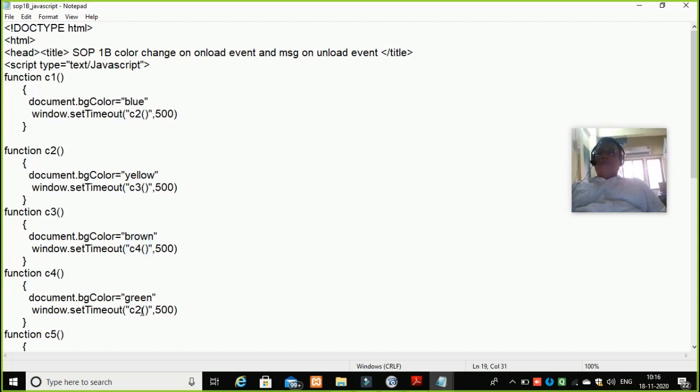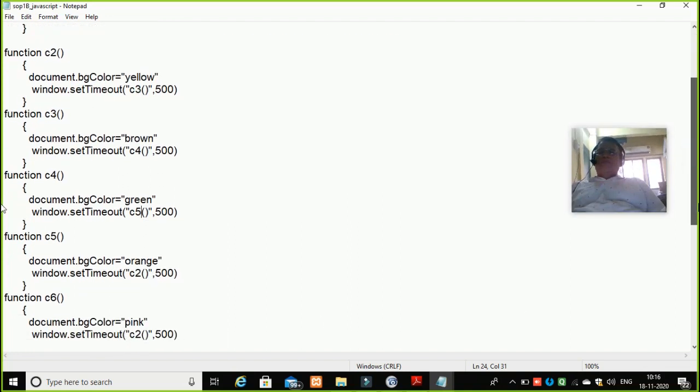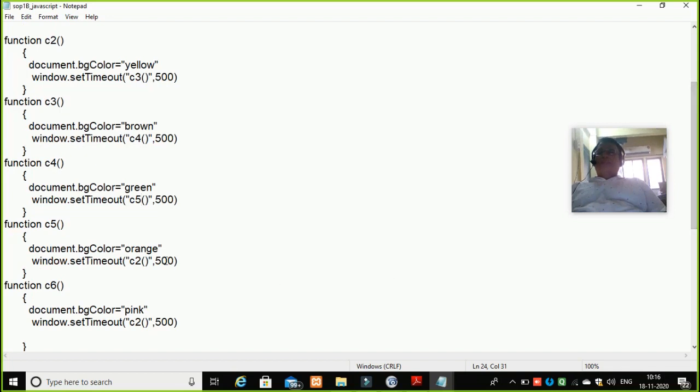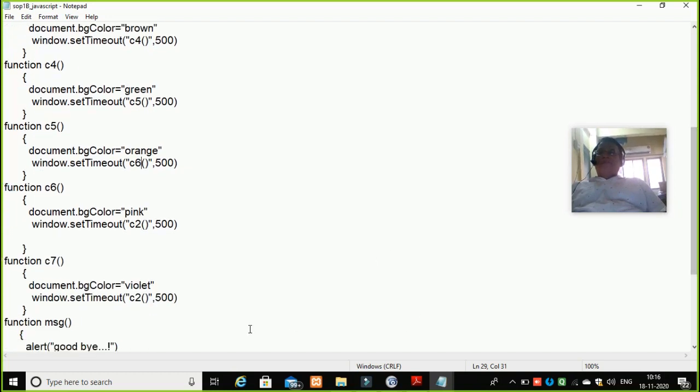C4 will give a call to C5. And C5 will give a call to C6. C6 will give a call to C7. And C7 will give a call to C1. So this is how the colors will again get repeated once more.